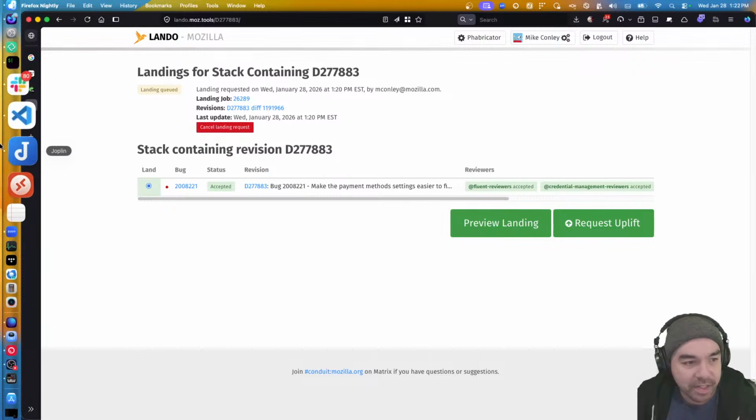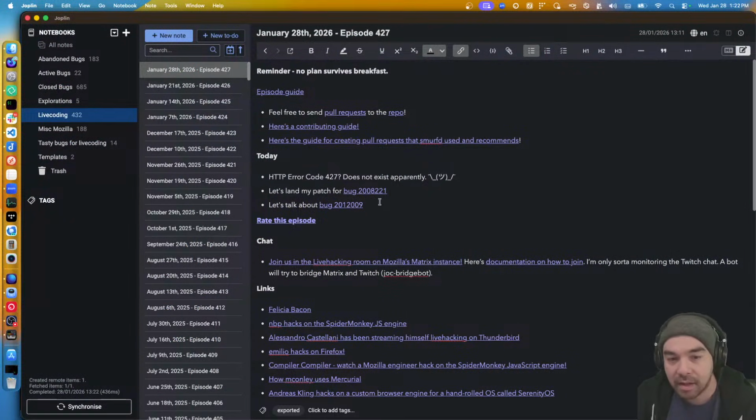Okay, so that landing is queued. We're done. That is done. I think I wanted to spend most of the rest of the stream talking about a different bug, a bug that I was investigating on Friday. I want to talk about the patches that I wrote to fix the bug. I want to talk about the whole thing because I thought it was really interesting,